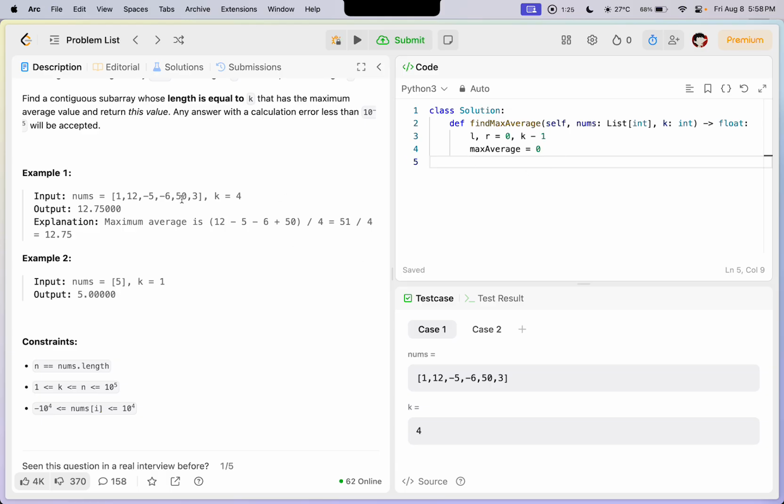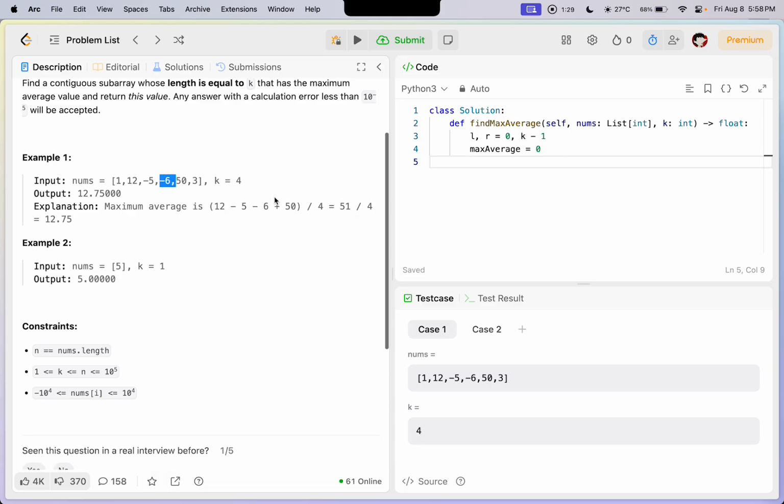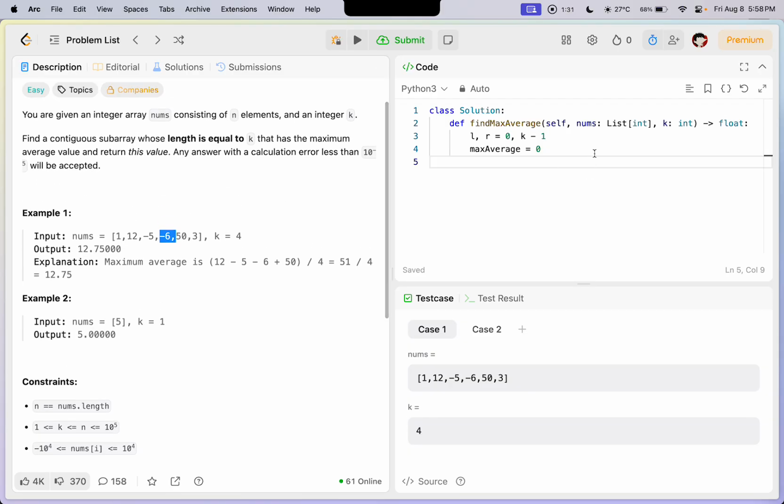Oh, there's negative numbers though. What? Okay. So the values can be negative. So, you know what? I'll just make it like negative infinity. I don't know if that's the right index, but that's fine. And while r is less than len nums,